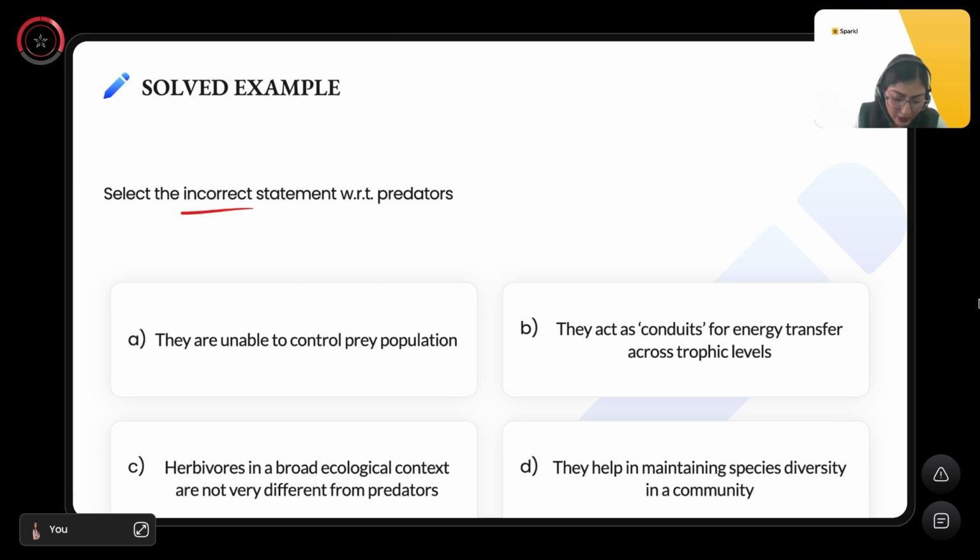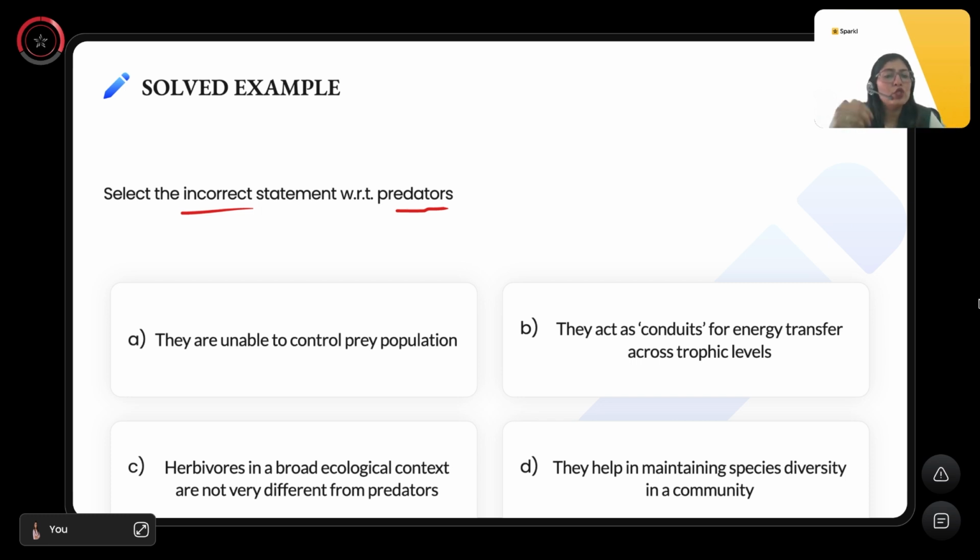Select the incorrect statement with respect to predators. Now, बेटा यहाँ पे इस चैप्टर में there are lot of interactions which are given, चाहे आप predation बोले, commensalism बोले, amensalism बोले, mutualism बोले. Now, आपको इन सारे interactions के बारे में पता होना चाहिए because these type of questions can be asked in your NEET exam along with the examples which are mentioned here. Okay, in NCERT of course.